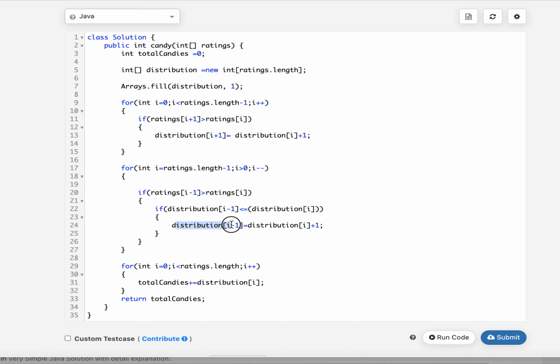I update the neighbor value to distribution plus 1, and in the end I calculate the total sum, the total candies, as whatever value is there in the distribution array, and that will give me the answer. So let's try this out.